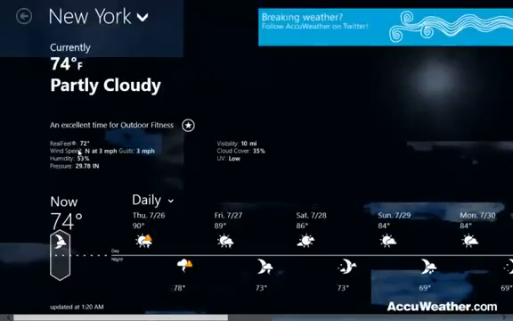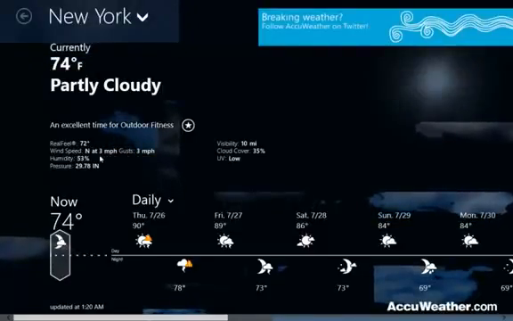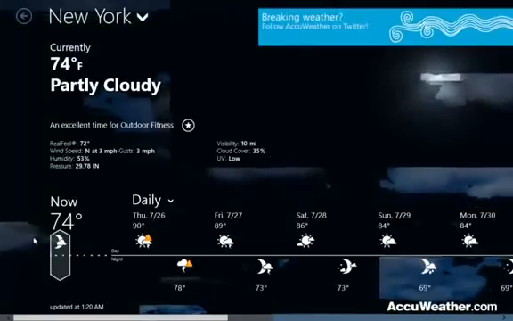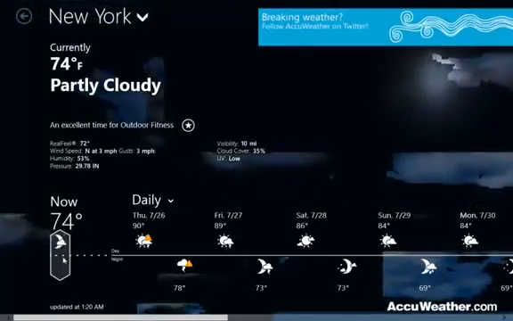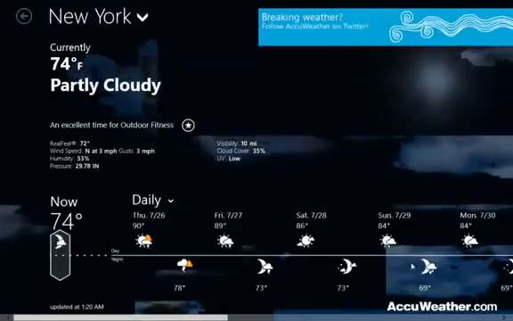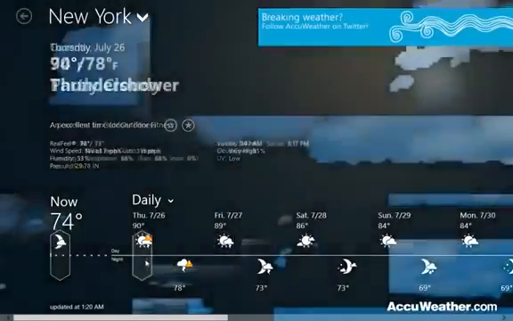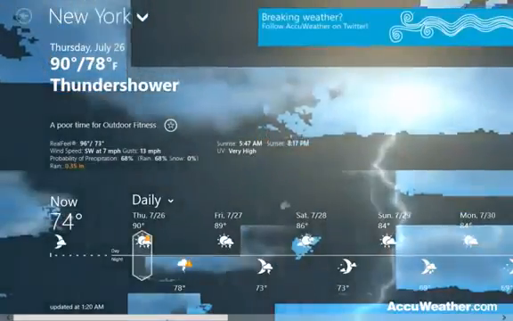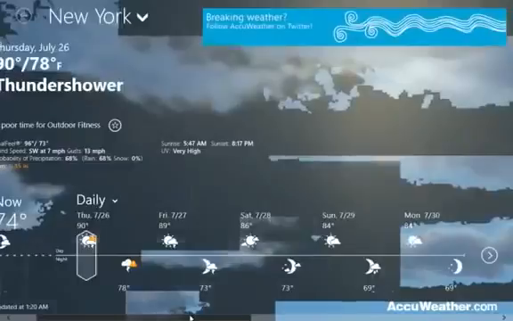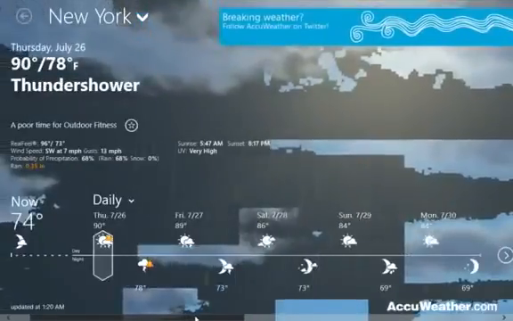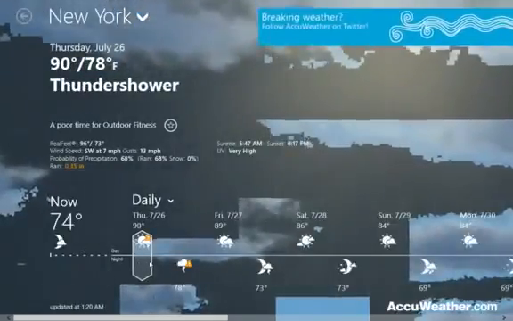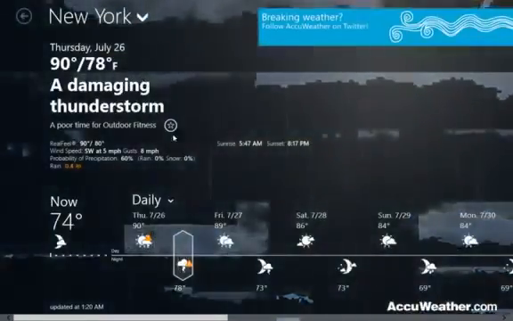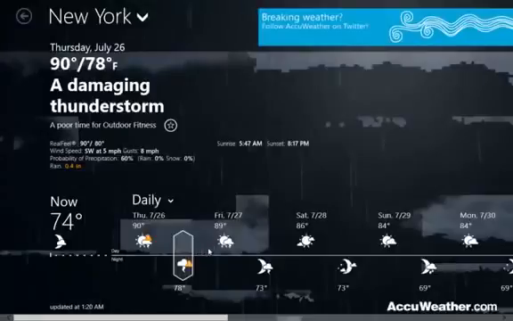Again, right down here you can see how it will really feel to the normal person. Wind speeds, humidity, pressure, visibility, cloud cover, and the UV rays. This is also pretty neat. If you drag between different days on your current daily timeline, which as you can see goes normally from Thursday to Monday, or obviously just a 5-day cycle, the background will change with it, which I thought was pretty cool,